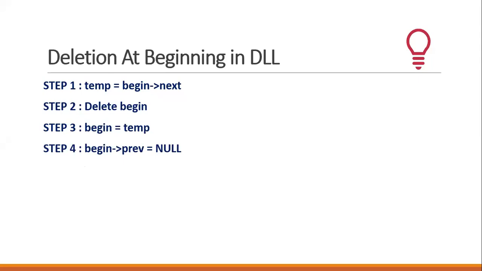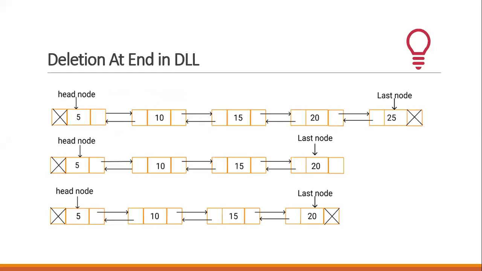Anyways, deletion at beginning was definitely helpful even if we talk about a single linked list. But now we'll see deletion at the end, and we'll see that it is also quite easy when we talk about a doubly linked list instead of a single linked list. So definitely, one advantage over here is that we do have a significant last node. Now we take the same example of a linked list having the nodes 5, 10, 15, 20, and 25. But let's say instead of deleting the beginning node, now we have to delete the end node, which means we have to delete 25.